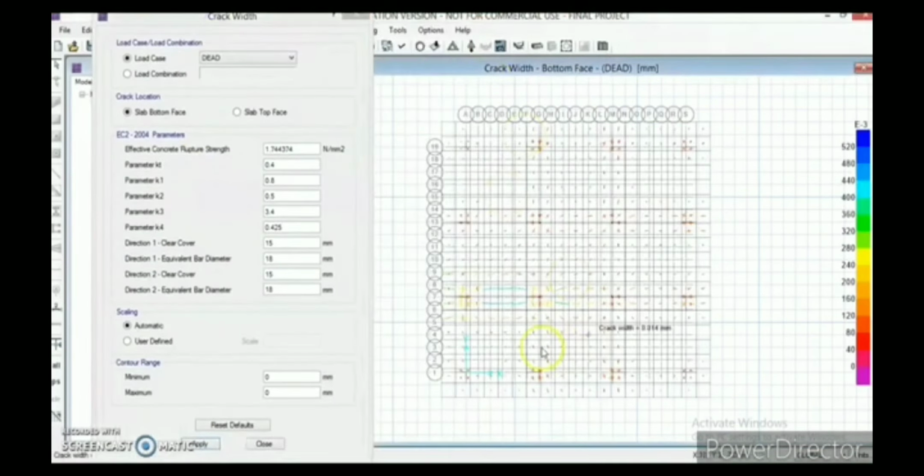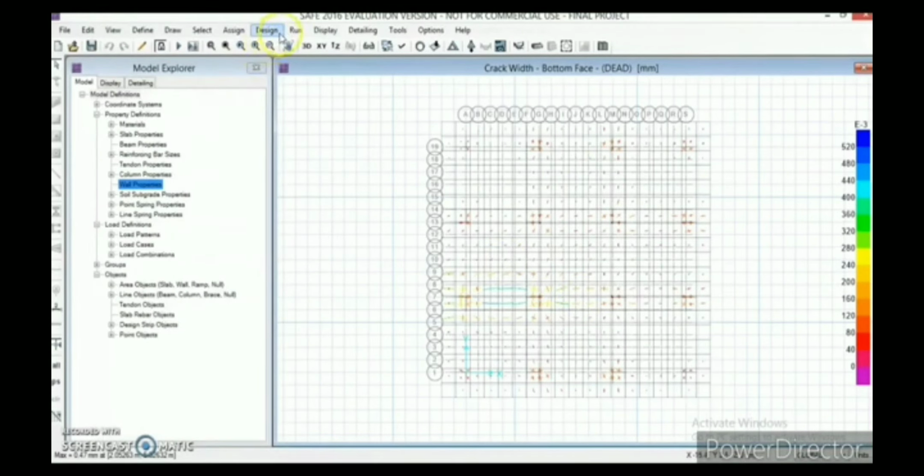So these are the crack widths, different colors. Different color shows different crack widths. Okay, the different crack widths that might occur on a column or foundation, the crack widths will show how the width is. You can see all of them are very minute, in mm. Yeah, it means a perfect foundation. And close that.